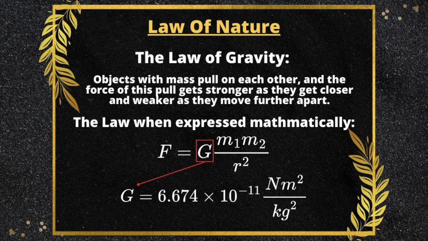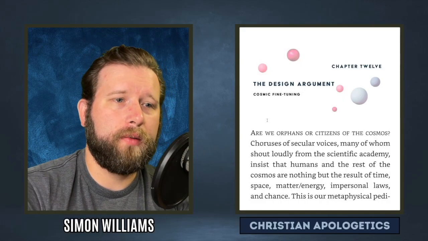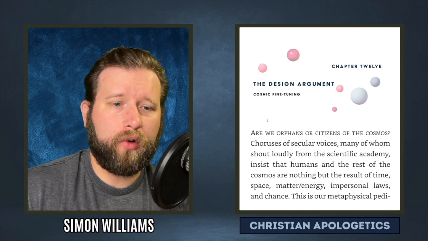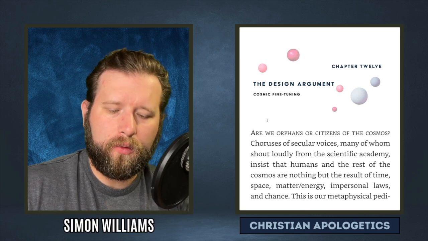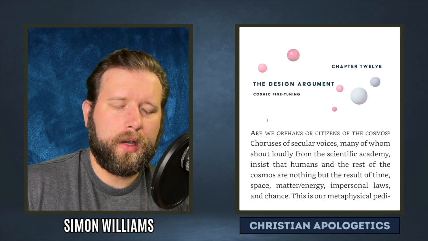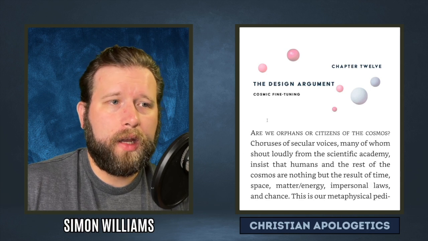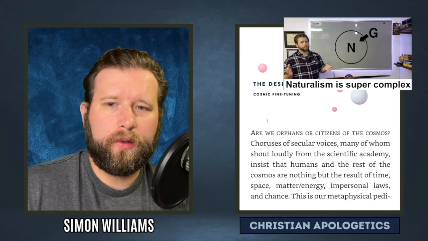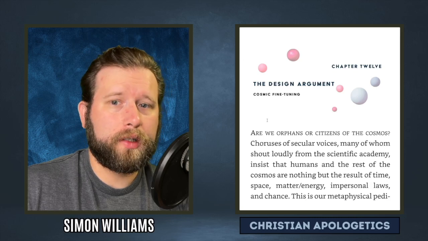I personally prefer a design argument that talks about the coherence and uniformity of reality, and how our universe seems to be very coherent, how things are constituted in space as well as with chronological coherence, how our universe seems to behave in chronological coherence. The reason why I favor that kind of design argument is because if naturalism is your worldview of choice, then everything is a brute fact. I talk about it in one of my videos here on YouTube. But if brute facts are a thing and causal connectivity is in question, then it just is the case that everything about the universe is a brute fact.